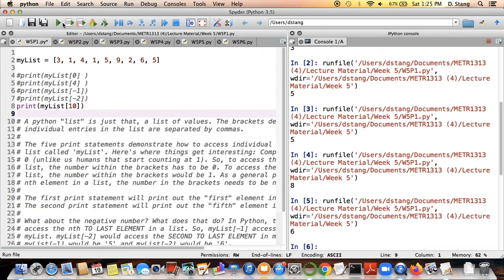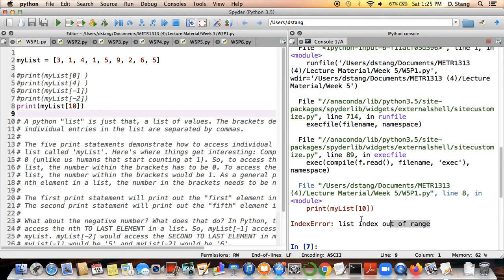And this is probably going to be an error message that you encounter a lot, even when you get a lot of experience with lists and the related data types. You're probably going to see this error message a lot or something similar to this. This is something that even I have seen a lot, even with all the experience I have working with data sets. And you'll see this message saying list index out of range,